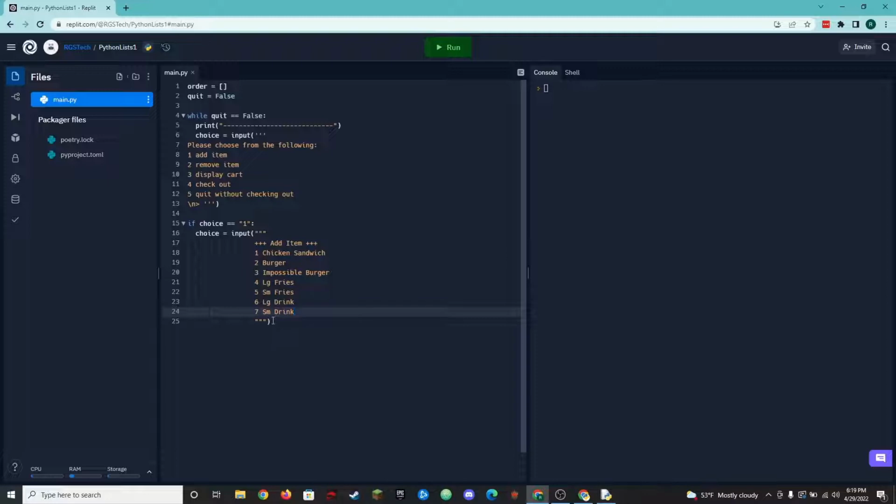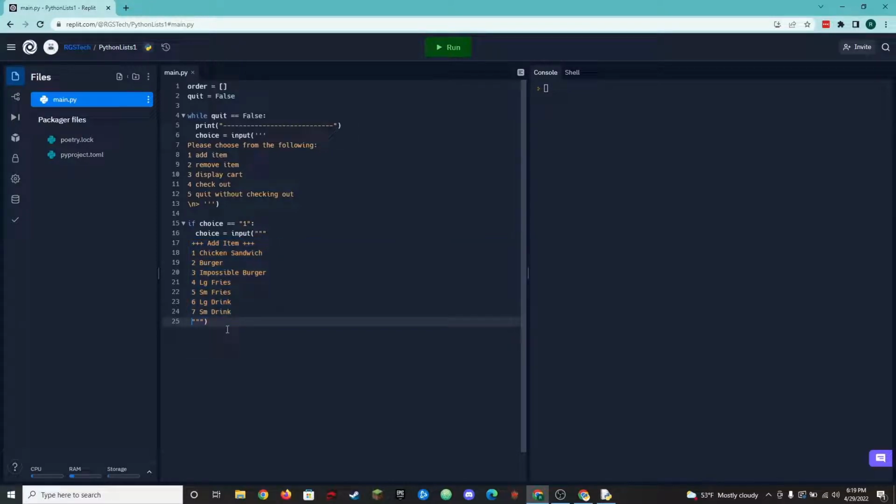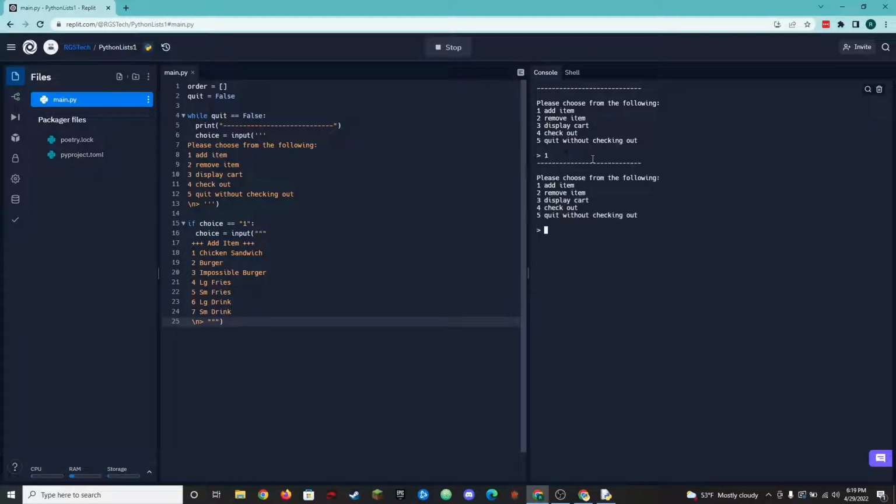Just like last time, I'm going to shift tab a few times to unindent all of that. And then I'll put a \n angle bracket to skip a line and provide a little command prompt. So let's just see what it looks like so far. Shouldn't do much, but it should display my first menu, and then if I hit 1,